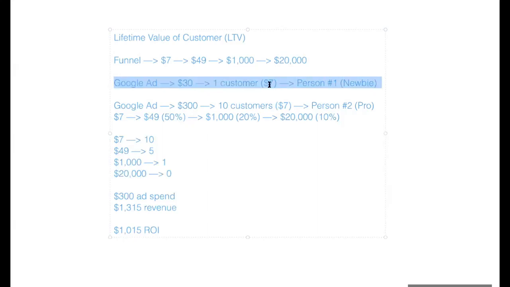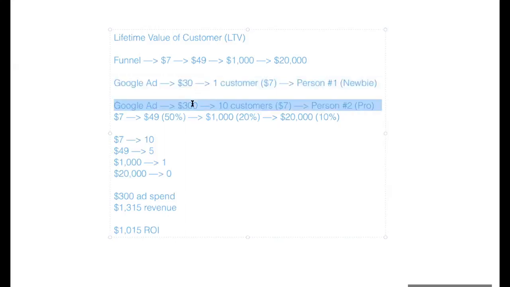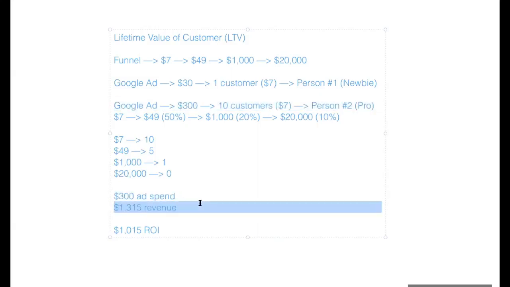So the moral of the story here is that person number 1, the newbie who doesn't really understand how paid advertising works, and how customer acquisition and lifetime value work, is going to spend that initial $30 and say, to hell with this. This doesn't make any sense. This other person says, okay, look, it's a numbers game, right? There's certain percentages. As long as those percentages work out in general over the span of the next year or 2, I'm going to win, right? And so they end up spending 10 times the amount of money, and they also actually break a profit at some point on that ad spend.